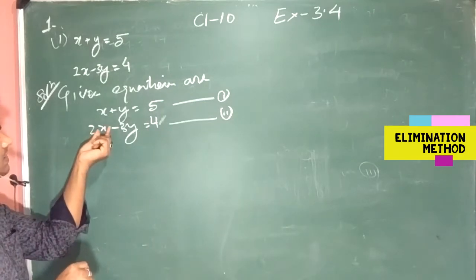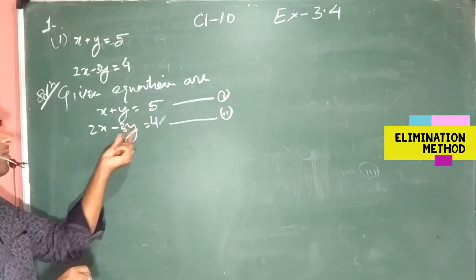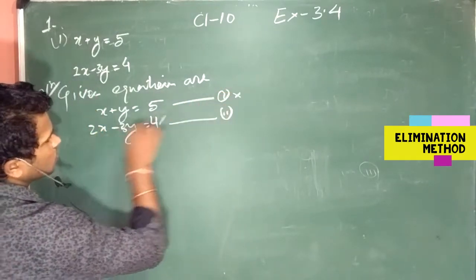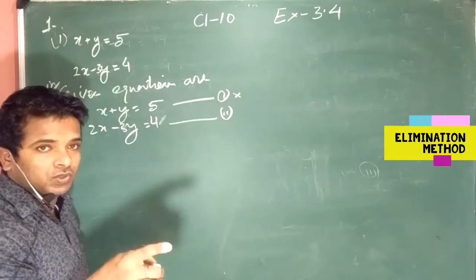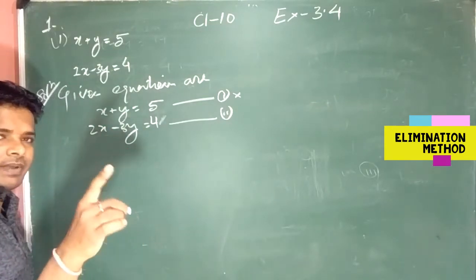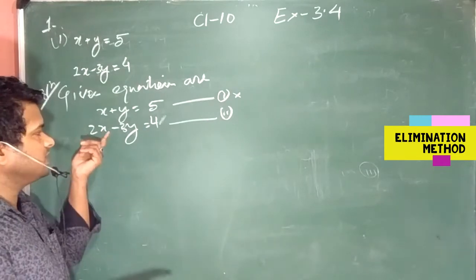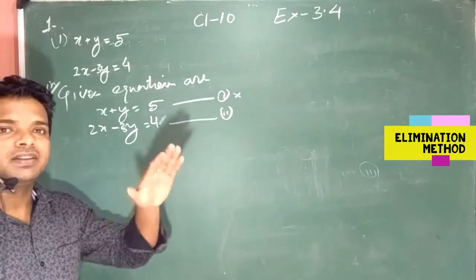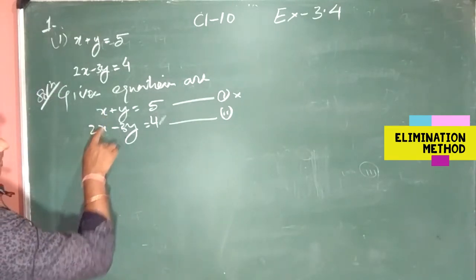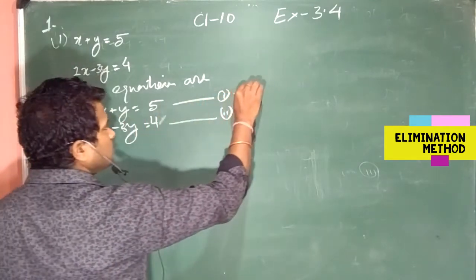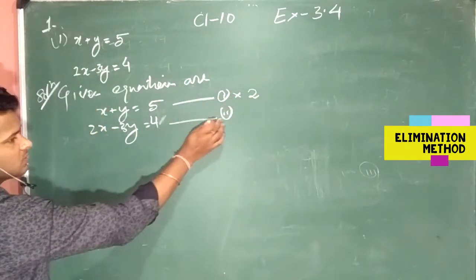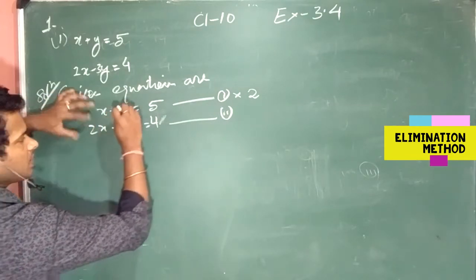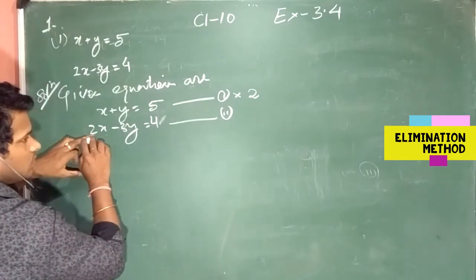That means the coefficient of x is how much? 2, and the coefficient of y is how much? Minus 3. So you can multiply it here by 2. You can take the coefficient of y also, no problem for that, or the coefficient of x, both. But it is better to take the coefficient of x because both of them are positive here. So we'll make the negative and cancel it. So when we go for multiplication, we will multiply equation 1, this whole equation, by 2.